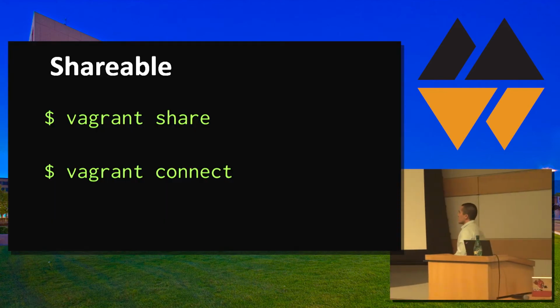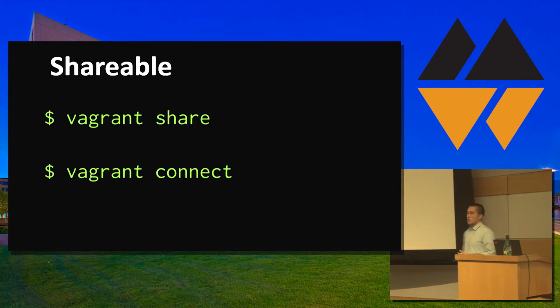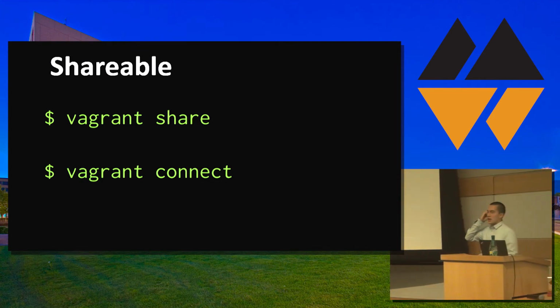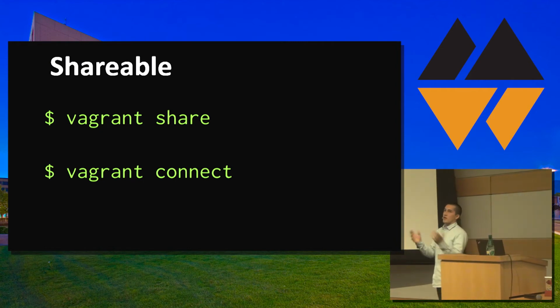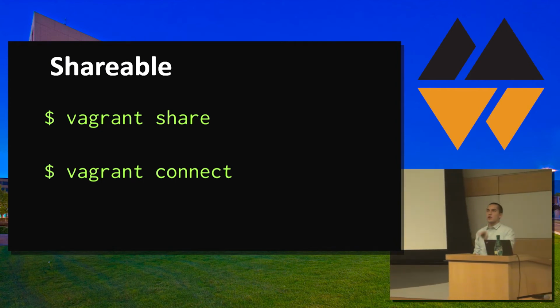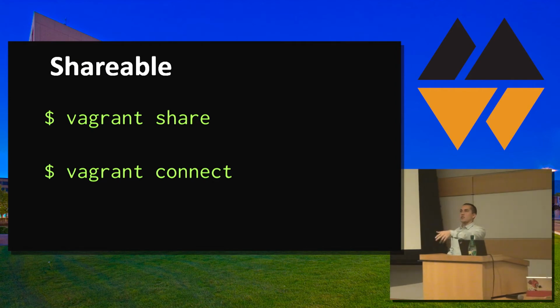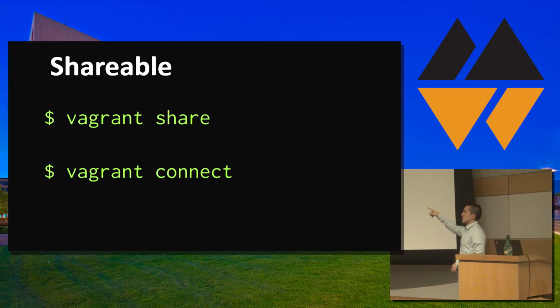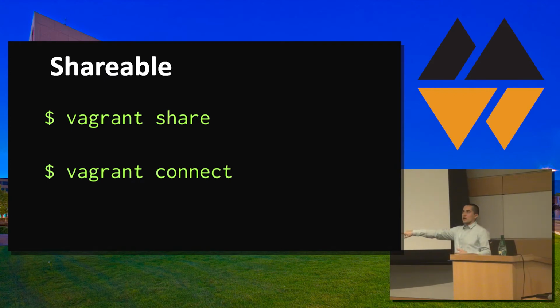And then recently, on the sharing side, the collaboration side, we released this feature, Vagrant Share and Vagrant Connect. If you have a Vagrant environment up and running, you type vagrant share and hit Enter, and it'll give you a URL that routes directly to your virtual machine through any NAT or corporate firewall and stuff like that. And Vagrant Connect will actually give you a static IP that you could pretend is on a local network. And again, any packets that are sent to that static IP actually route all the way through to a virtual